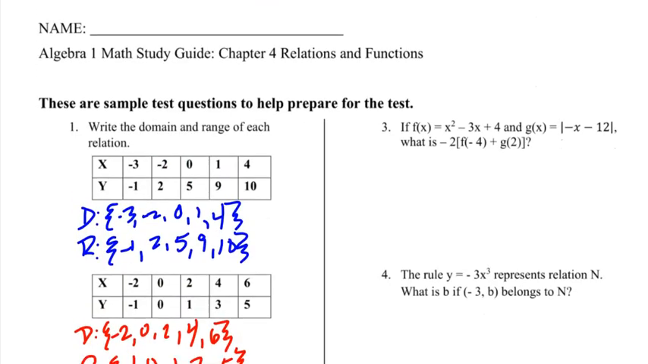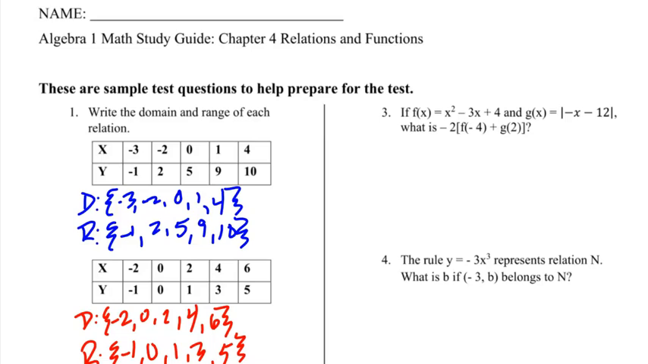Question 3. If f of x equals x squared minus 3x plus 4 and g of x equals the absolute value of -x minus 12, what is -2 times brackets f of -4 plus g of 2? So here we're going to substitute the value that they give us for x for each individual function and then simplify it. So right now I got -2 and then brackets, and then I got to put -4 in for f of x. So this would be negative 4